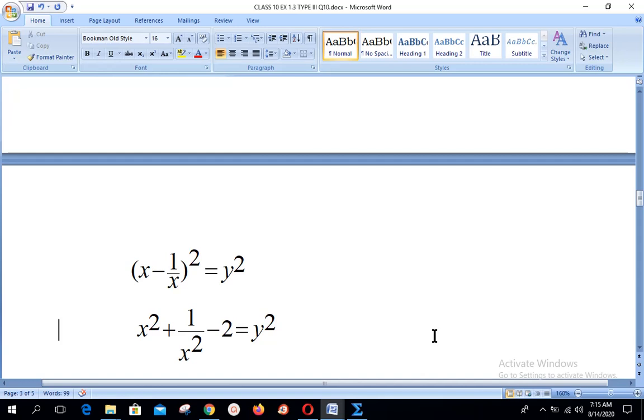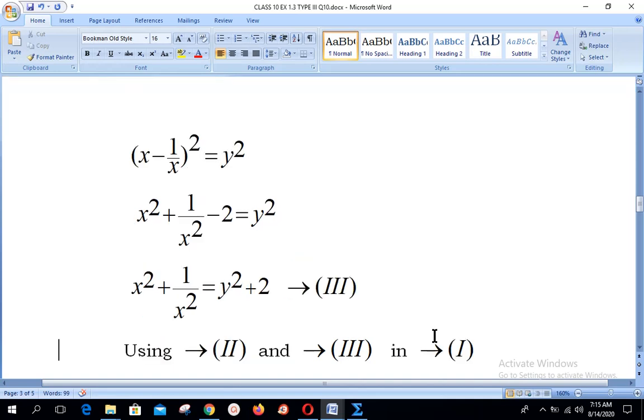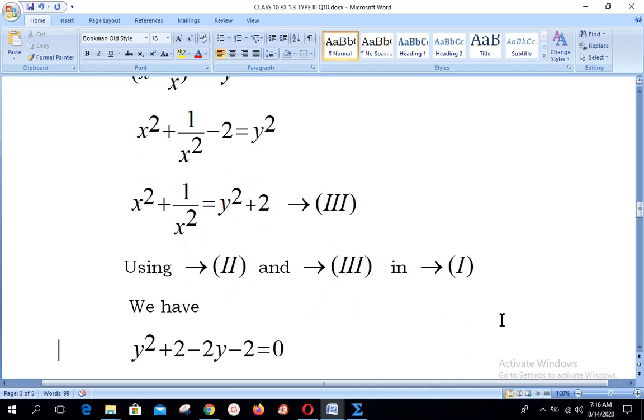We have to utilize x square plus 1 over x square, so we shift minus 2 to the other side. It becomes x square plus 1 over x square is equal to y square plus 2. That is our equation number 3. Now we will make use of number 2 and number 3 in equation number 1. Using number 2 and 3 in number 1, we have